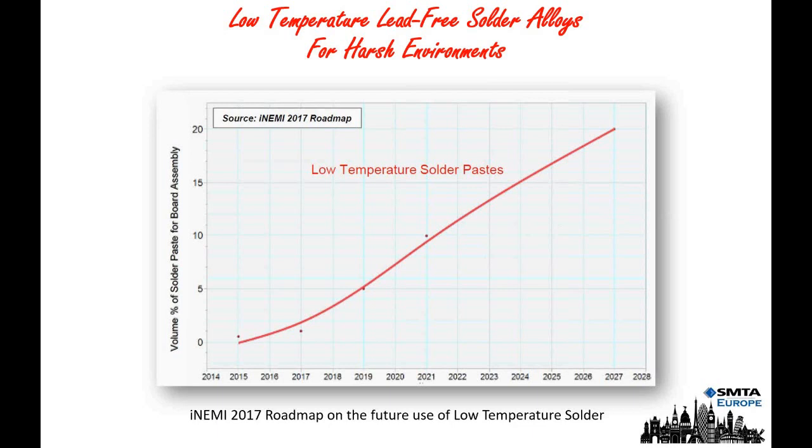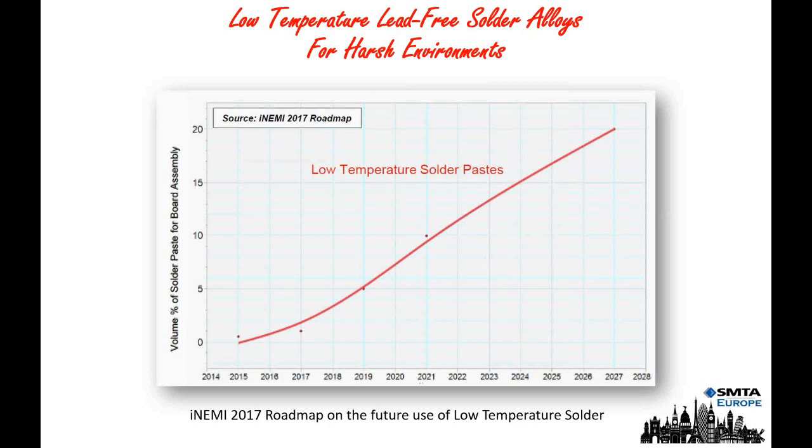Now, it does seem strange to be talking about low temperature materials in a harsh environment conference, but I was asked to give a presentation on some of the work that I've been doing, and of course some of the work that's already been done within the industry. And certainly in my own specific case, I've had failures of a low temperature alloy in a demanding environment, but I've also used a low temperature material to solve a problem in a product that in a more demanding environment, perhaps not harsh, high reliability, but certainly in a more demanding environment.